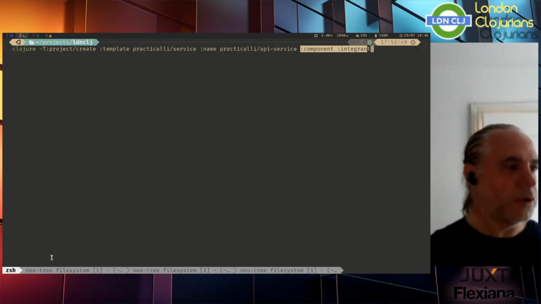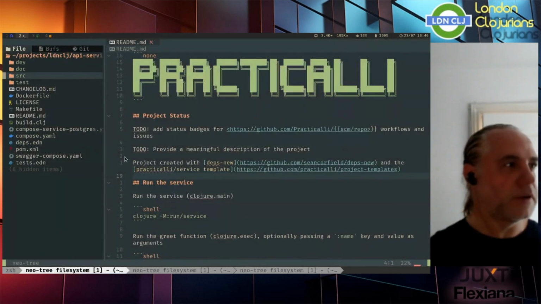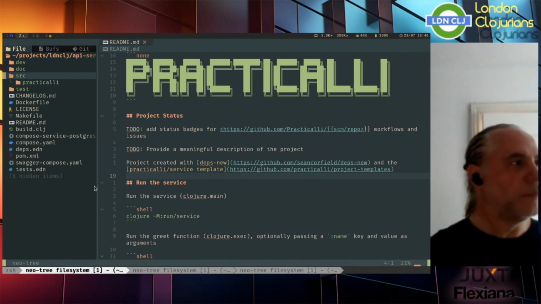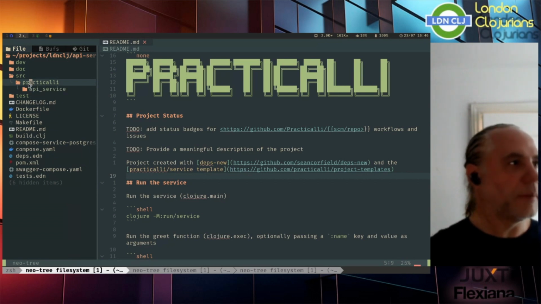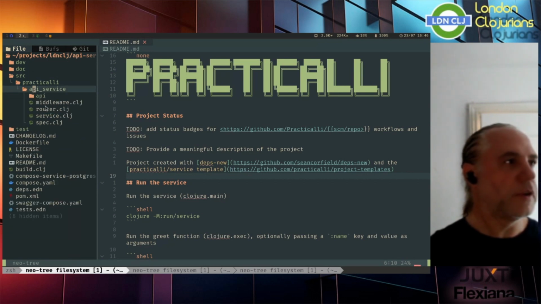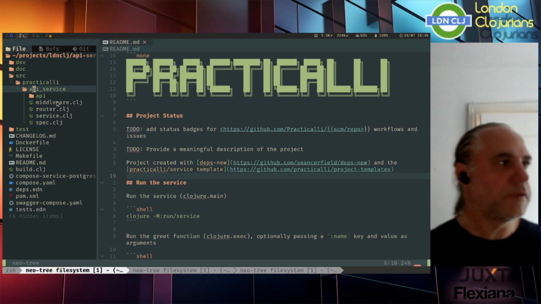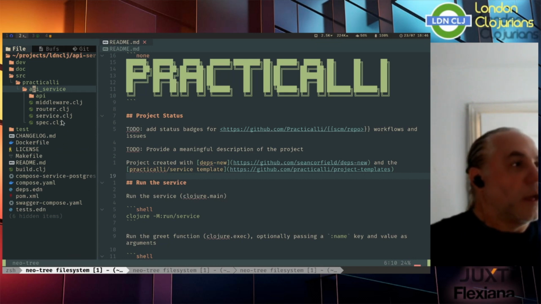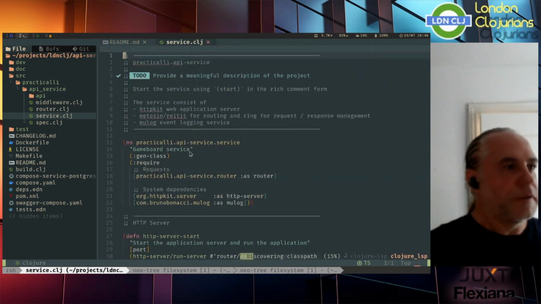So the first one, I've just created a service here without any component library. And these projects are all very similar in structure, so they're fairly easy to compare with each other. And so the entry point really is this service, this main service